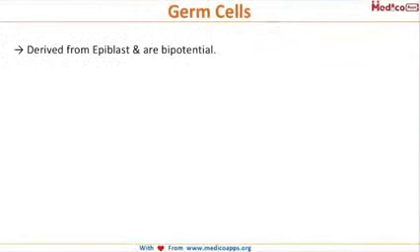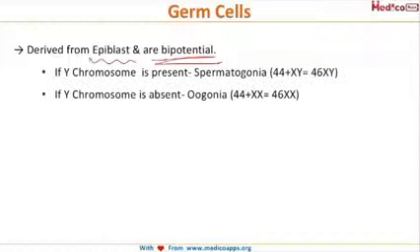Now about the germ cells. These germ cells are derived from the epiblast and they are again bipotential. And as we know, if the Y chromosome is present along with its SRY gene, then these germ cells differentiate into spermatogonia, and if the Y chromosome is absent, then they will develop into oogonia. Now, this is all about sex